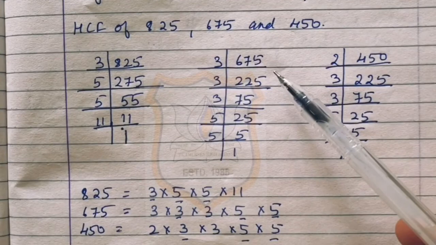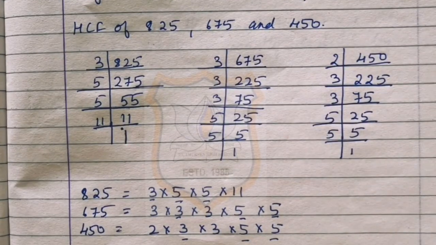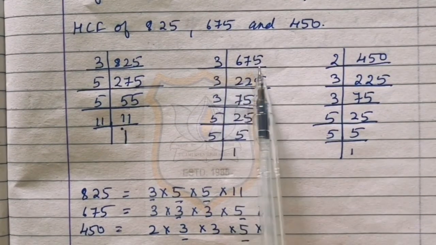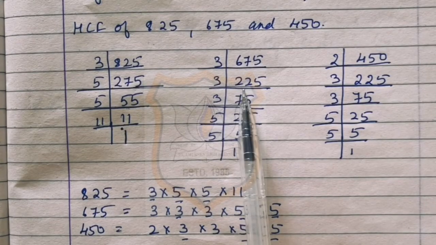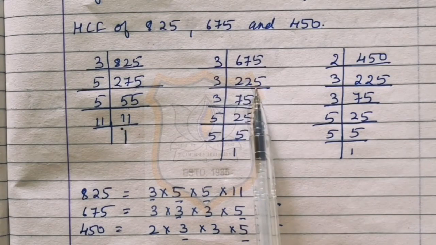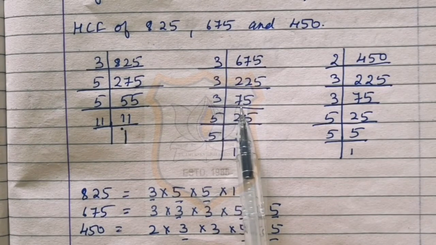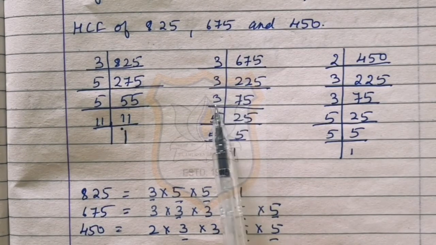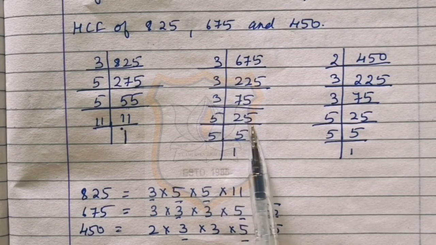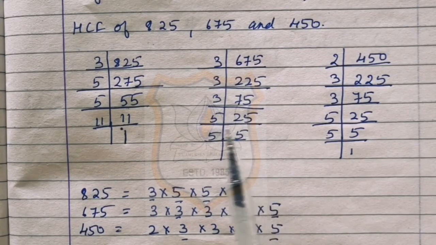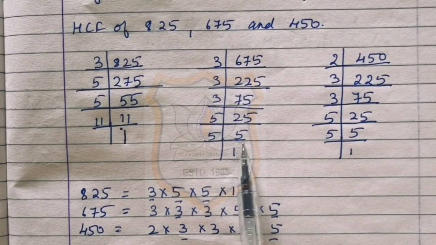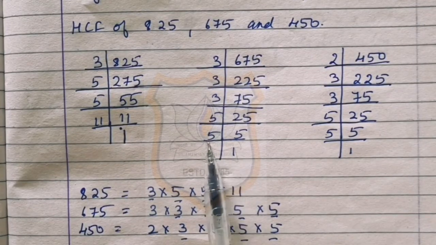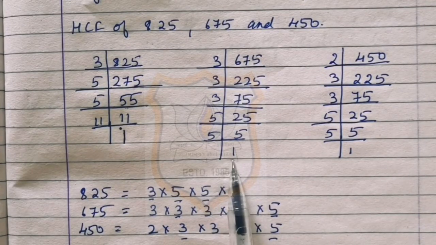Now next we have to find out the prime factors of 675. We have to divide 675 by 3 as we can't divide this number by 2. So by dividing 675 by 3, we will get 225. And by dividing 225 again by 3, we will get 75. Again we have to divide this 75 by 3. By dividing these two numbers, we will get 25. Now we will divide this 25 by 5, as 5 5s are 25. So by dividing 25 by 5, we will get 5. And now we will divide this 5 by 5. By dividing these two numbers, we will get 1 as a quotient.